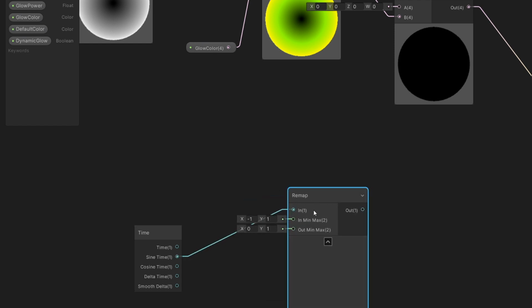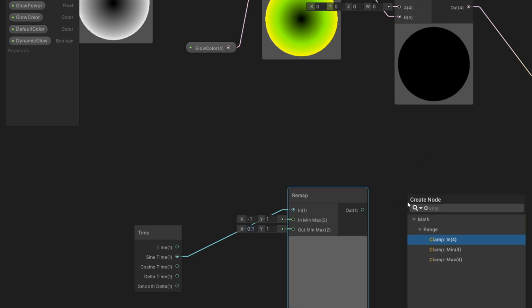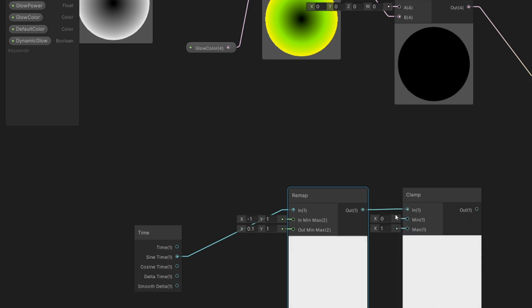Okay, and this will allow us to remap the output from the time, and I will select -1, 1 for the x, and for the second output min max, we are going to set 0.1 as min and 1 as max, so that we never get the value below 0.1. Now, just for safety, we are going to clamp it, so let's type clamp, and we are going to clamp it between